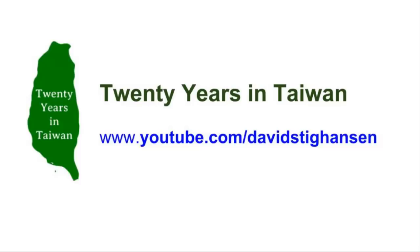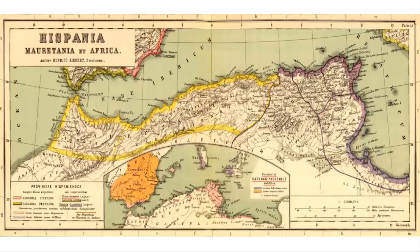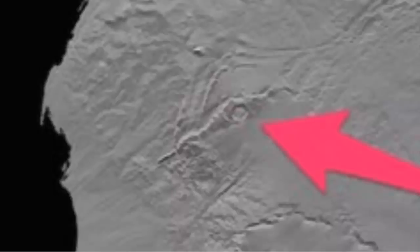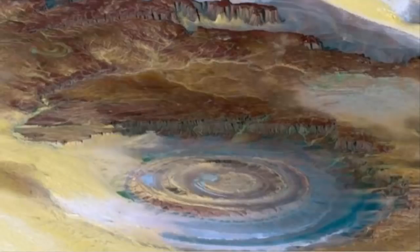Hello everybody, this is a quick presentation to update you on some of the new findings I've found in Mauritania. Here's a map of Mauritania. Oops, what's that? That's Morocco. Why are they calling Morocco Mauritania? No, I'm talking about the Mauritania that's over here, and the eye of the Sahara, which looks like this from